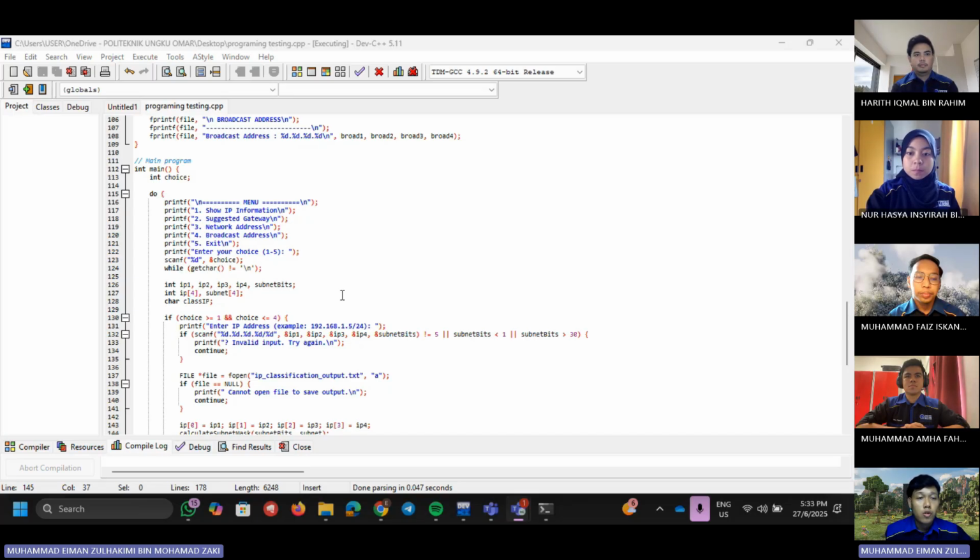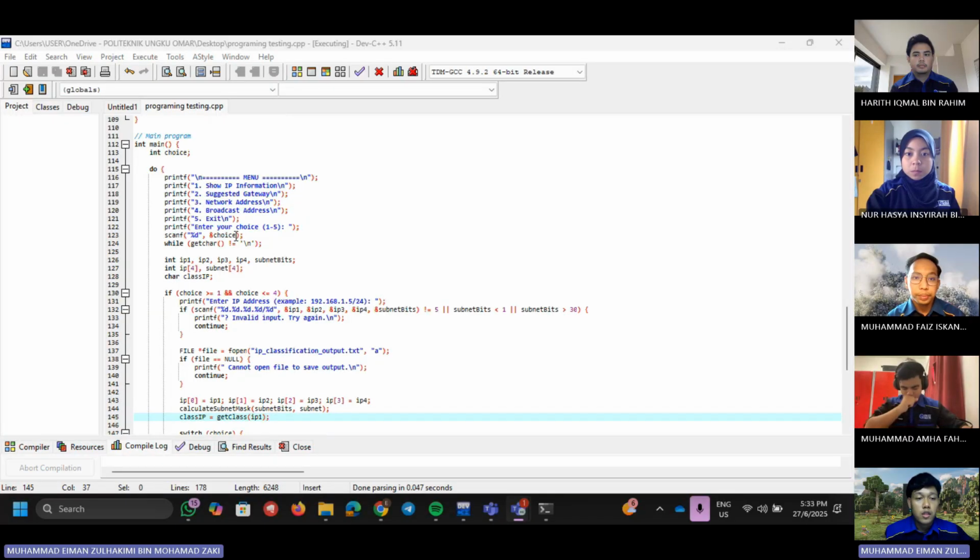Inside the do while loop, we have printf, which prints the main menu and prompts the user to enter their choice. Then lines 1 to 3 are scanf. The scanf function reads the user input and clears the input buffer to prevent unwanted characters. Then we have int IP1, IP2, IP3, IP4 and subnet bits,